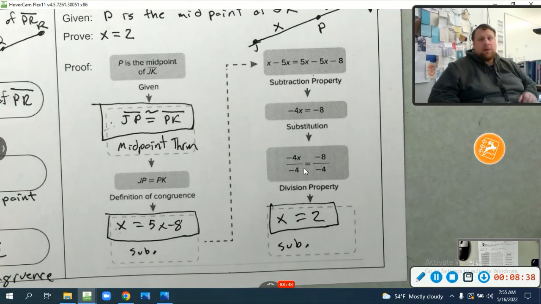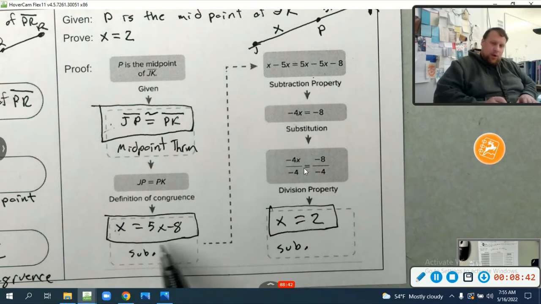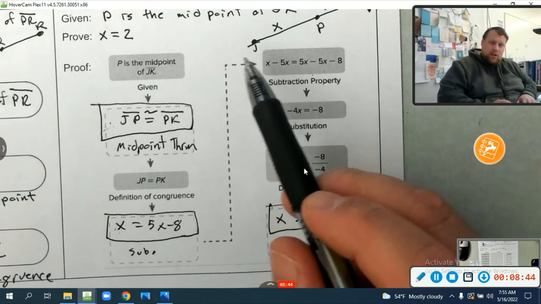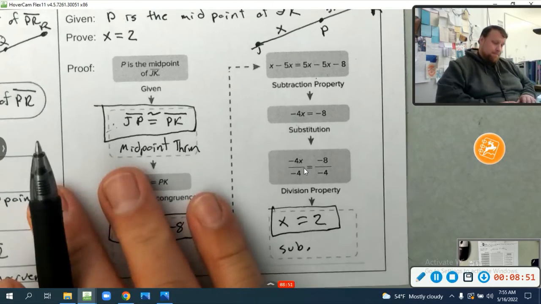Very similar, that's why I'm not taking a lot of time on it. I actually really like this flow. It's kind of nice. And notice, when we had to go to a new column, we drew this nice little line showing where we were going. You always draw arrows indicating where the proof is flowing, okay? All right, last but